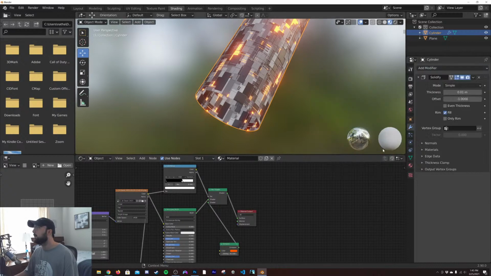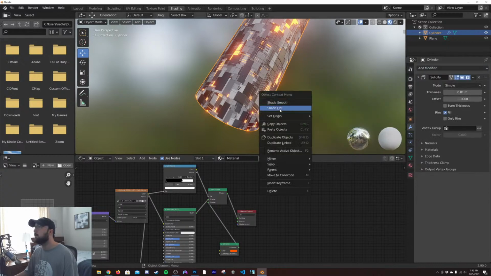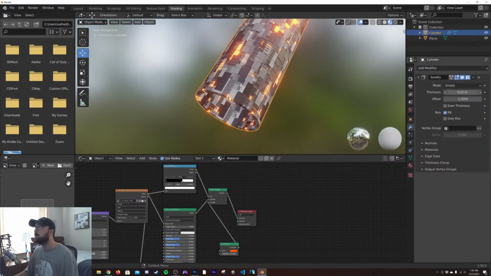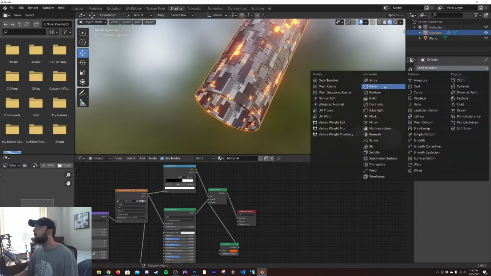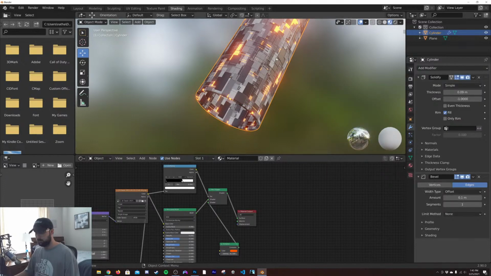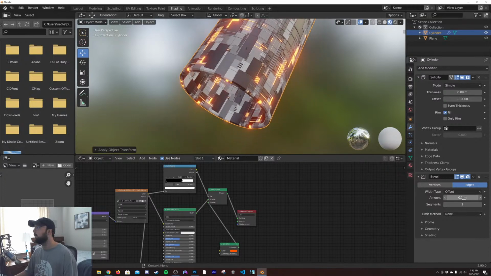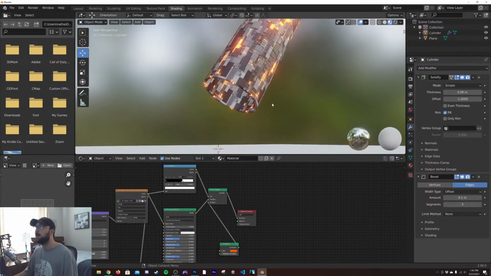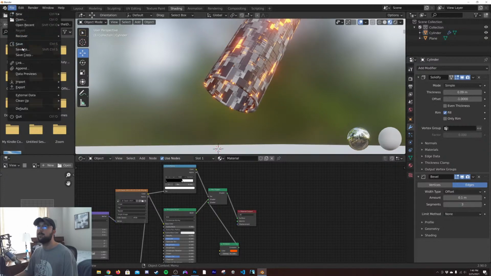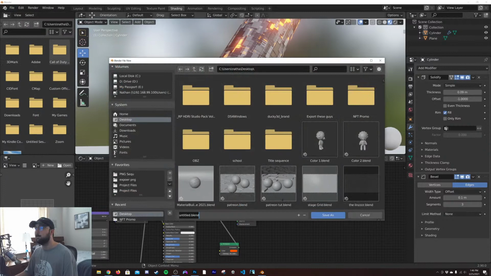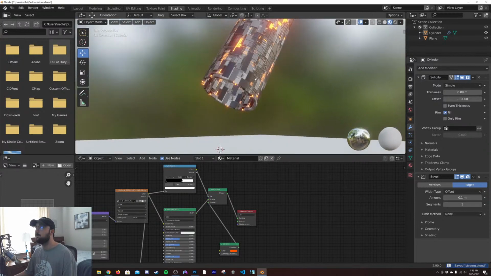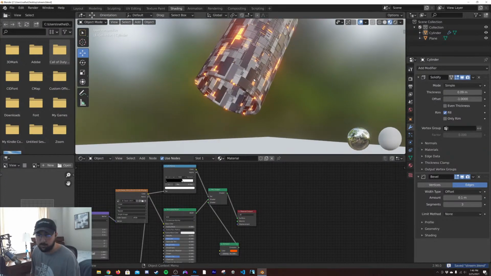Let's add a solidify. And then I'm going to shade flat here for a second. Do this. We'll get a bevel. I want to make sure this is scaled appropriately. There we go. Okay. And then we can bring up my segments. How dope is that? And then I need to save my file because I will possibly crash. Cool. All right, so now we have this part of the whole thing.